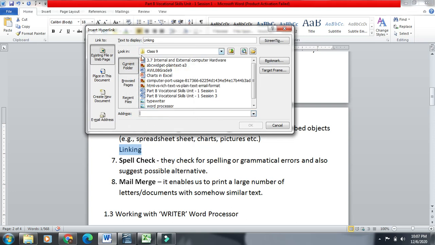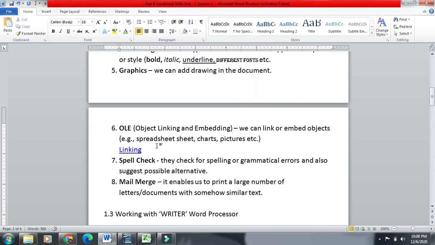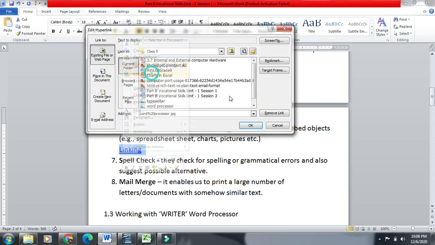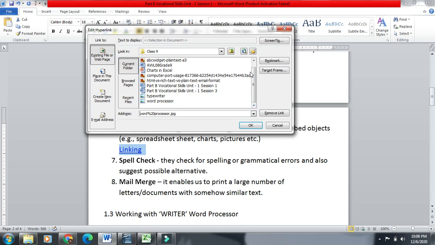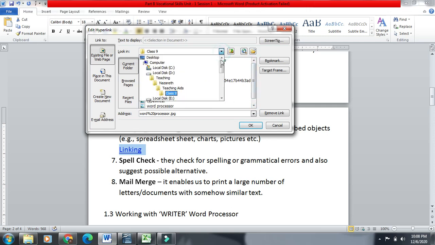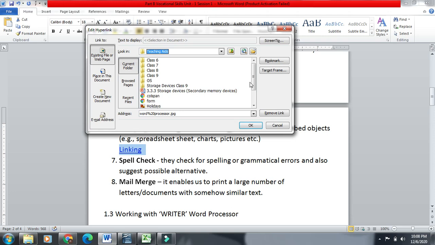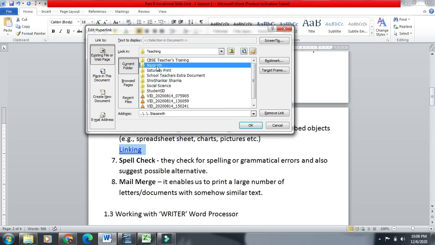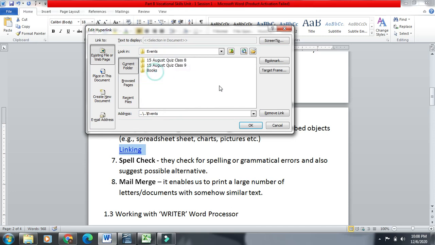It will ask me which thing you want to make it a hyperlink. Suppose I go for teaching here, some event, for example your quiz.